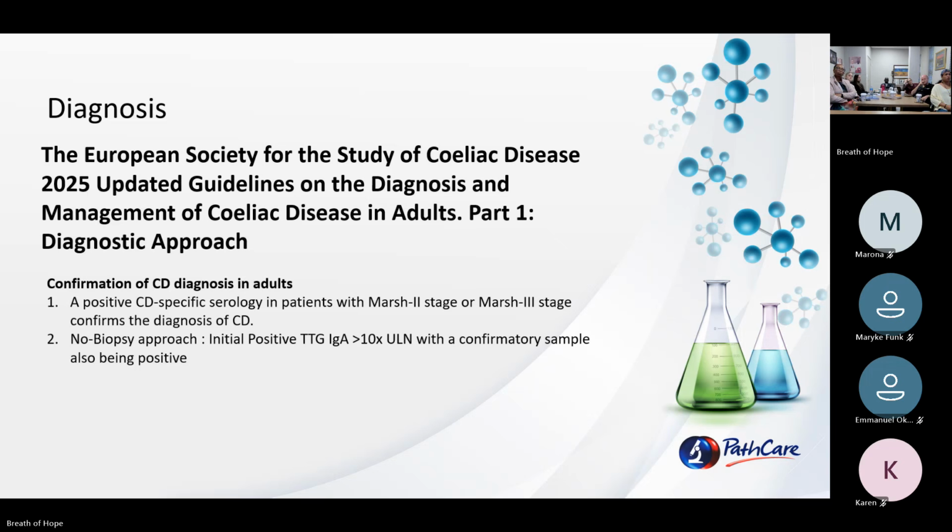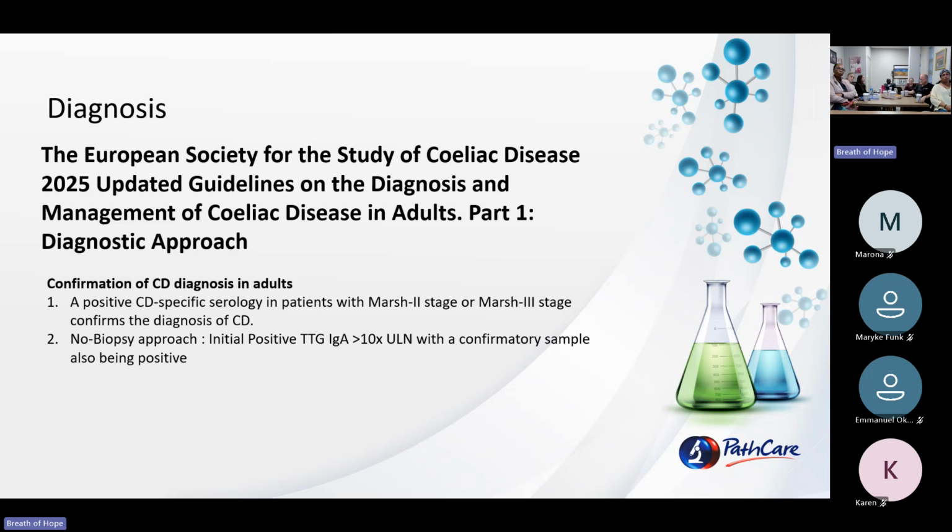And then the adult diagnostic criteria basically follows a very similar system as the pediatrics, but here the guidelines, which are very interesting and very important, I found most useful was the European Society for the Study of Celiac Disease. They had updated guidelines last year, and that document is really great. If you would like, I can send it to everybody, but it's nice to go through it. And basically they say the confirmation of celiac disease diagnosis in adults